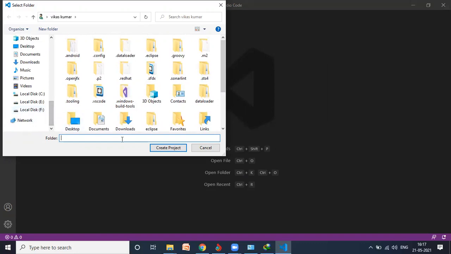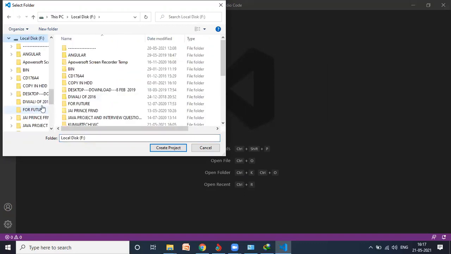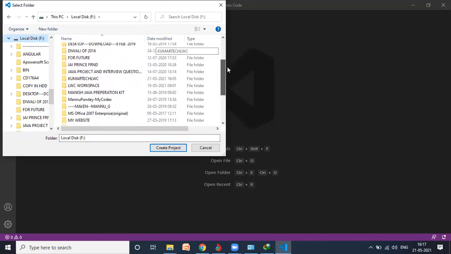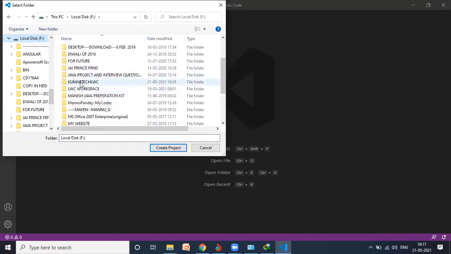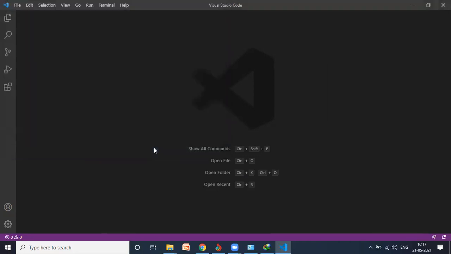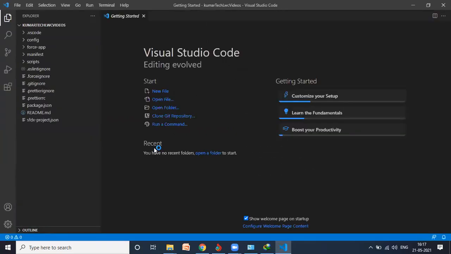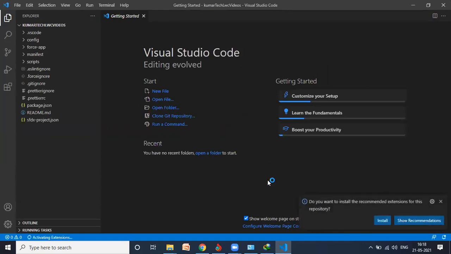What I will do for creating a project, you can choose a path. I will go for F drive here, and here you can create a folder according to your wish. I already have a folder, Kumar Tech LWC. I need to click here and click create project. So basically what I did, I set a path. So now whatever code I write here will be stored there.